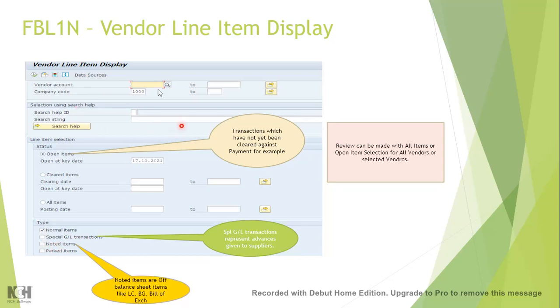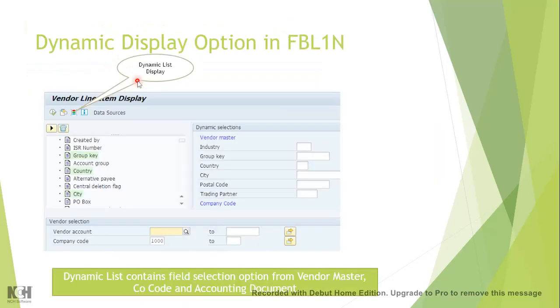You can carry out the review based on either open items or all items. You can also give a range of vendors for whom you want to do the analysis, or you can keep this field blank and the system will generate the report for all vendors. There is another very important field called dynamic list display.